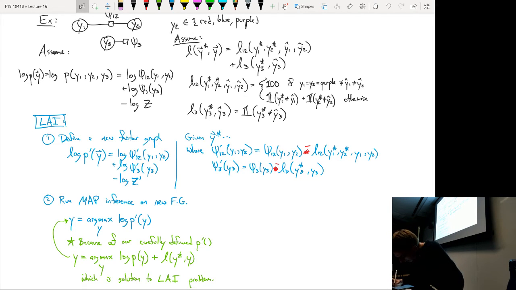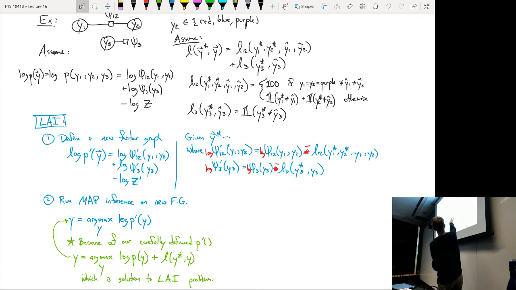The other detail is that what we're defining here is actually the log of these potential functions, right? So we're saying that the log of the potential functions is being added to the actual loss, because it's really the log probability that is the sum of these individual log potentials, and the loss is a sum of these little loss terms. So we want to work with the log potentials rather than the potentials there. Okay.